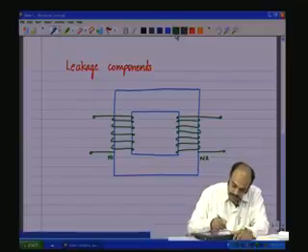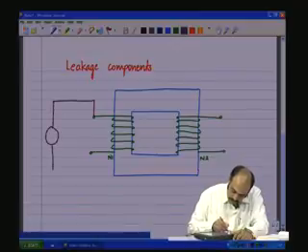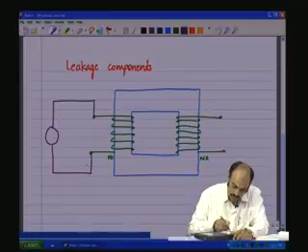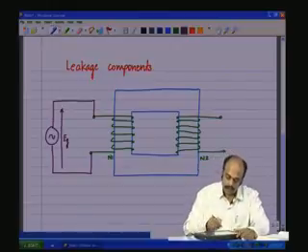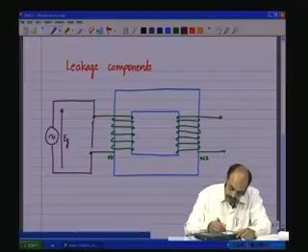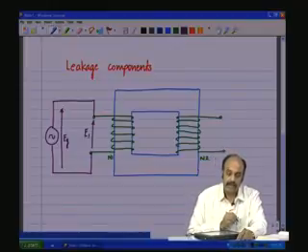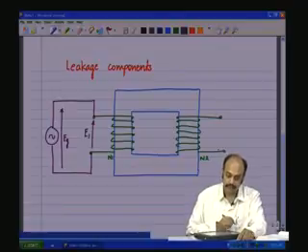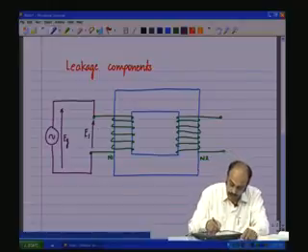Now, to this we shall attach a generator to the primary, which is having an effective value EG, and there is an induced voltage with an effective value E1 across the coil. This being an ideal transformer, if there is no load connected here and if there is a generator applied, even with I1 equal to 0,